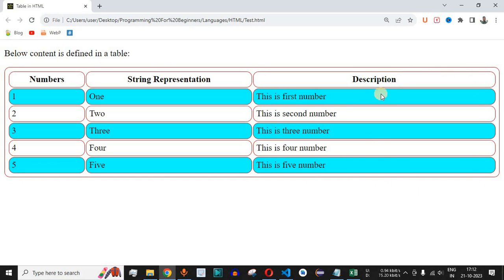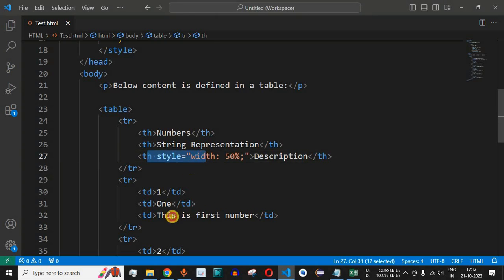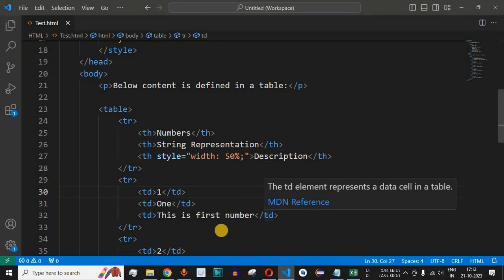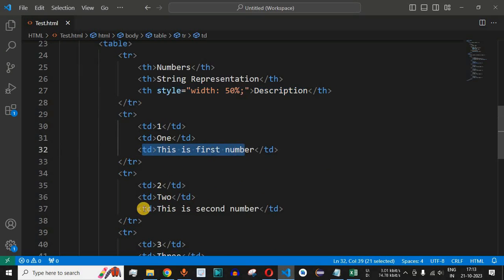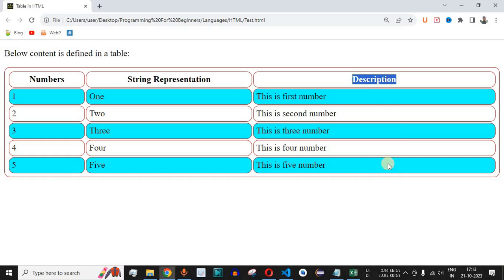And guys, this is the way that we can provide the width of a particular column as well inside the th or the td tag as well, inside which the data is being defined. Guys, it is important to note that we have provided the style attribute just to this particular header, that is the th tag of this particular row, that is the first row. So using the width of this th data over here, the other td data that are present in the third column will also have the same width over here. This cell is having 50%, so all the cells under this particular column will also have the width as 50%.